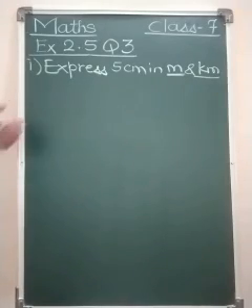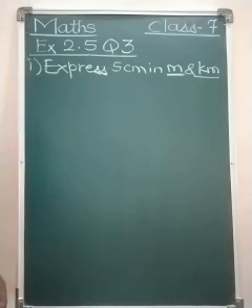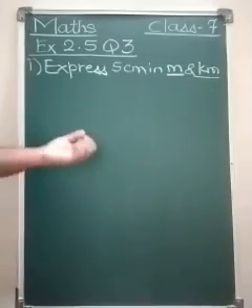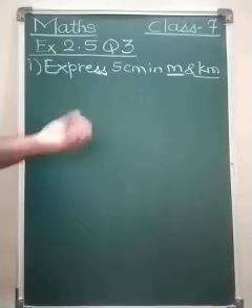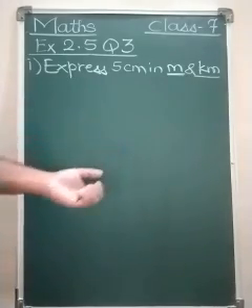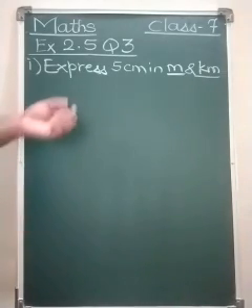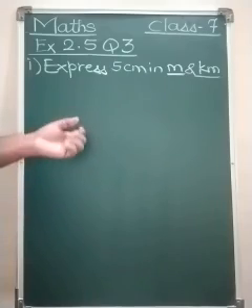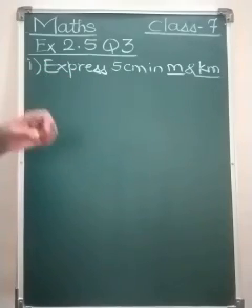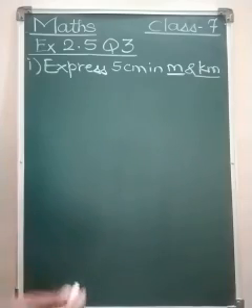Before approaching this sum, first I will have to recall knowledge that you have already learned in 5th standard. In 5th standard you had conversions of quantities like kilogram, hectogram, decagram, gram, then decigram, centigram, milligram. These were all the conversions that you had already done. The same thing was with meters also, and the same thing was with liters also. So these three quantities you have converted from one form to another.